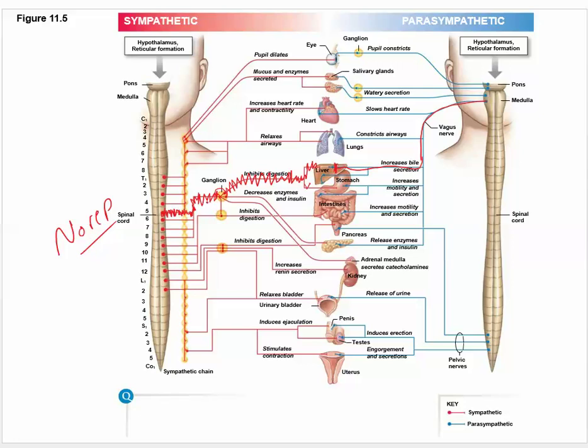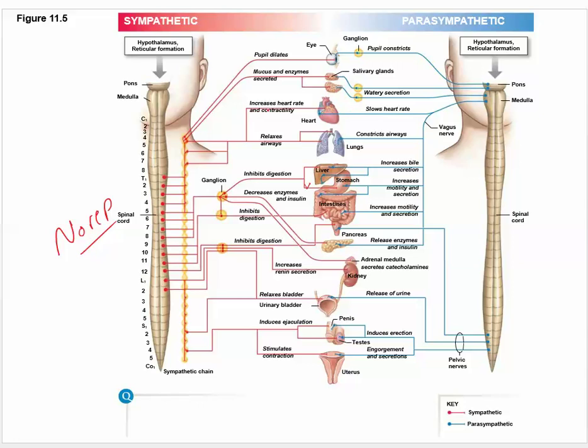There is a difference in length. If you look at this one, it's very short. The presynaptic neuron is very short, and the postsynaptic is long. In this one, parasympathetic, the first one tends to be longer, and the second one is very, very short. That's just in case there needs to be branching to go to lots of areas. That way you don't have a whole bunch of neurons going down here. You can just take it all the way to here, and then it can branch and go all over the place.